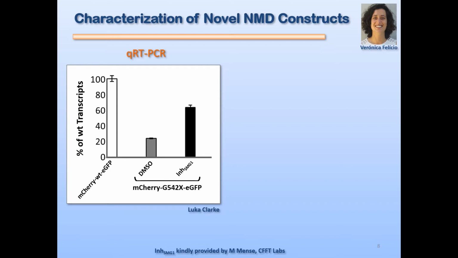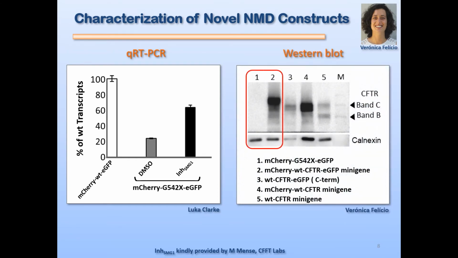In the black bar, we have also the G542X mutant mini gene expressed, but in the presence of the inhibitor of NMD, which is a chemical inhibitor. And we observe that the levels versus the DMSO are actually very much increased, thus demonstrating that this mini gene undergoes NMD. Here are the same data actually showing in a Western blot the difference between, in lane 1, the